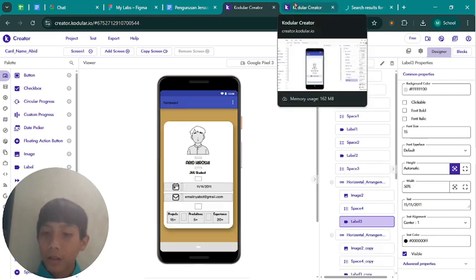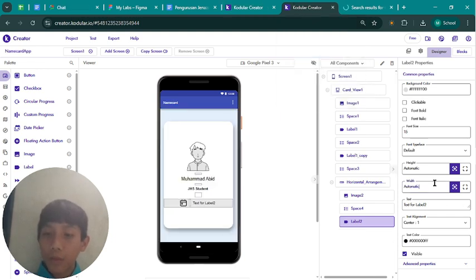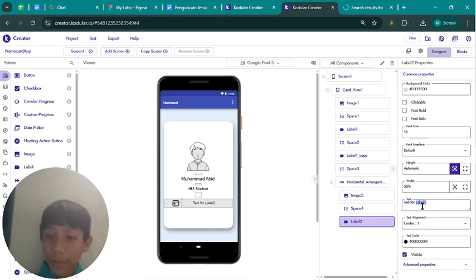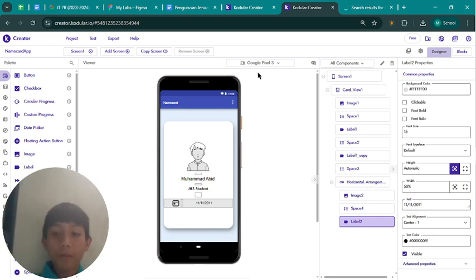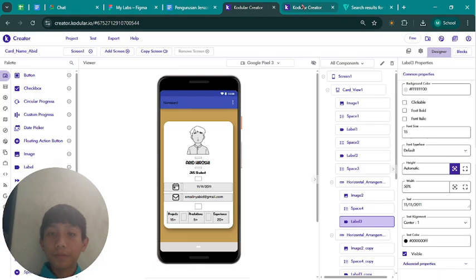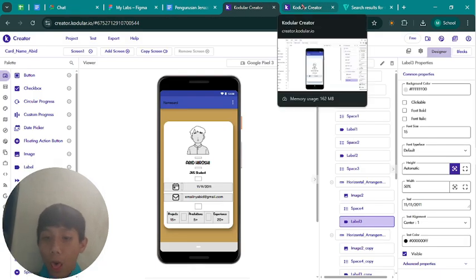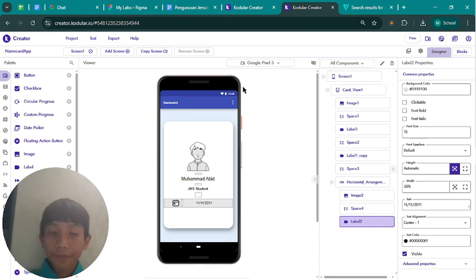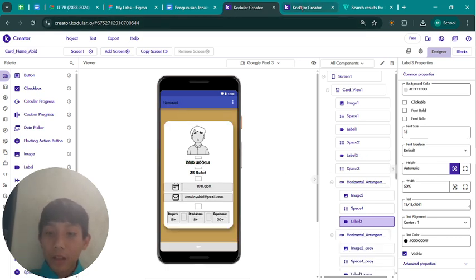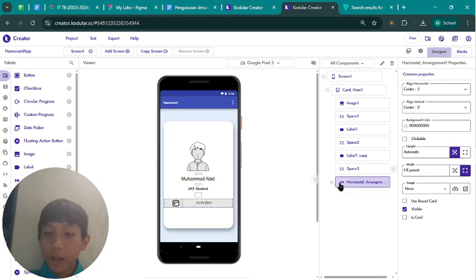In here you can type your birth date, and the width is changed to 50%. And after that you can duplicate the horizontal arrangement.